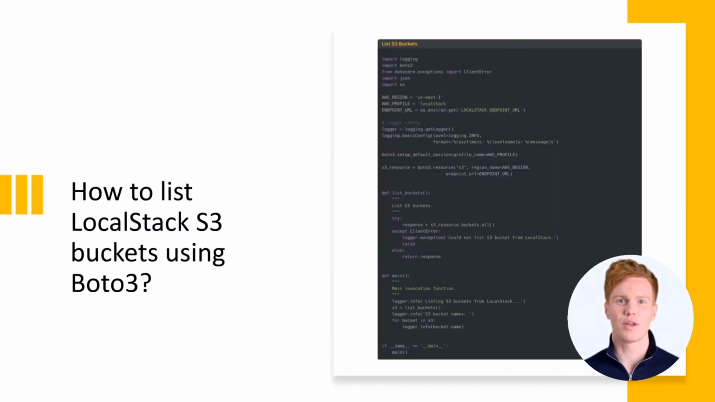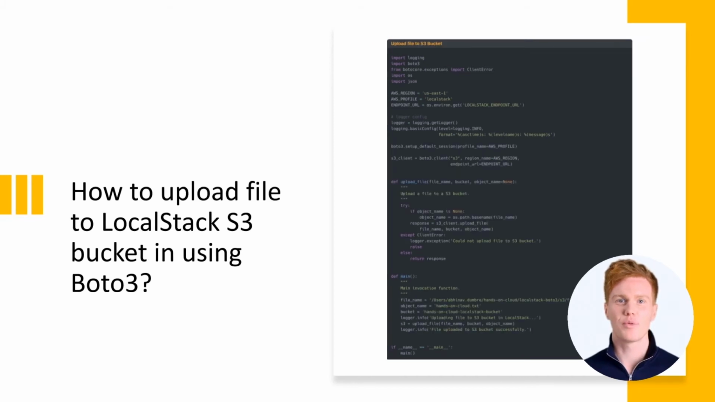To list the S3 buckets, you need to use either the listBuckets method of the Boto3 client or the all method of the Boto3 S3 resource. In our example, we use the all method from the Boto3 resource that returns an iterator object containing all S3 buckets. To upload a file to the S3 bucket, you need to use the upload file method from the Boto3